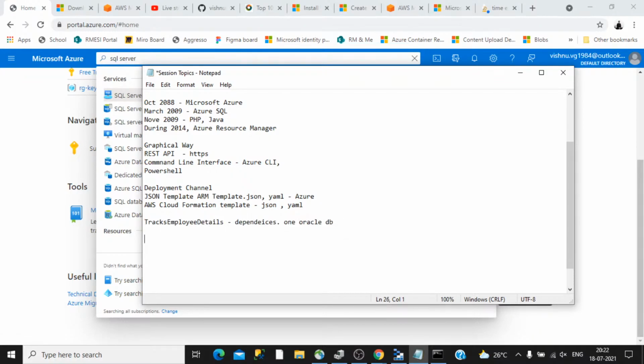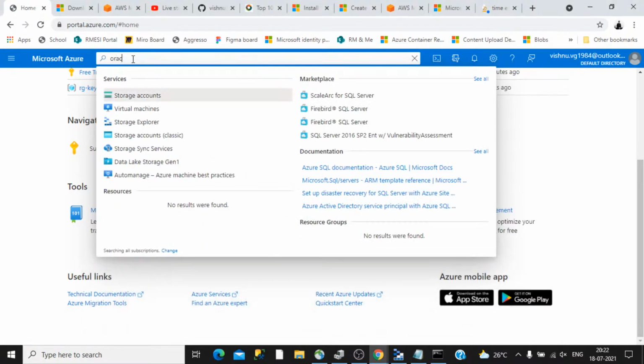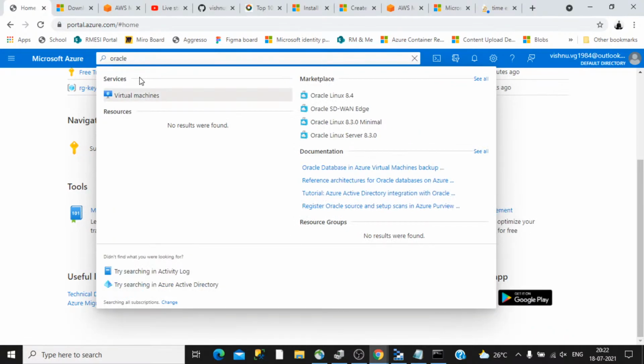So this is the DB part. We do not have any particular DB service here. For example, if you search for Oracle, there is no provision for that. So the only option in Azure is to spin up a virtual machine, install the Oracle database inside that virtual machine, and then your application can use that.